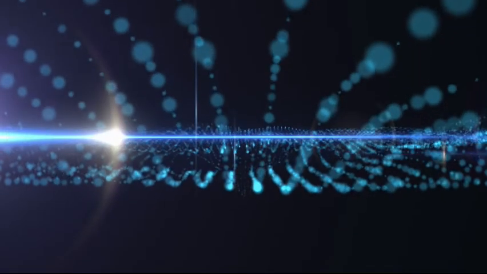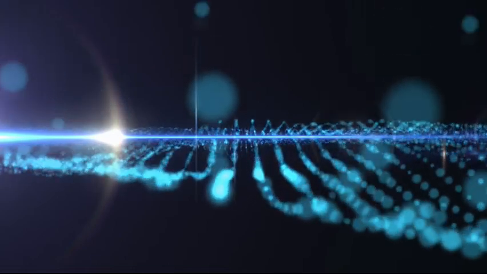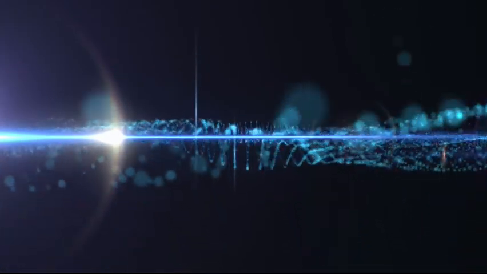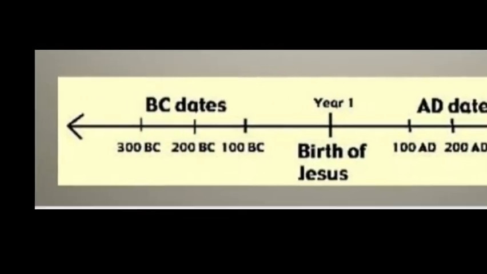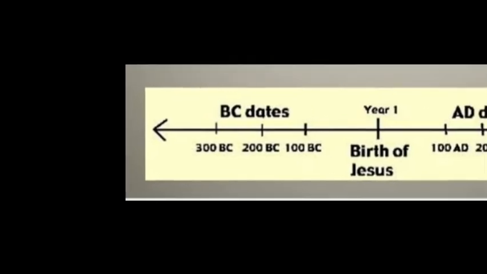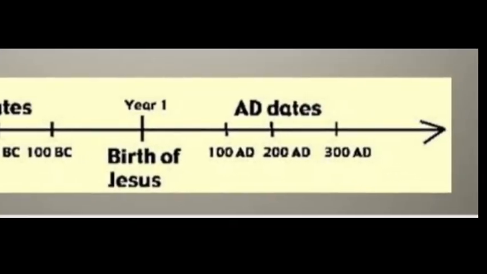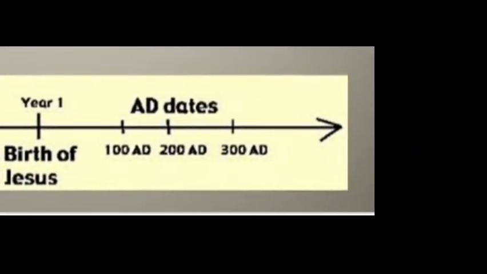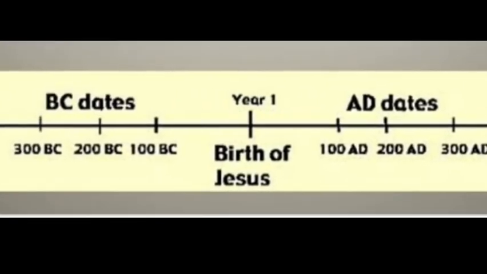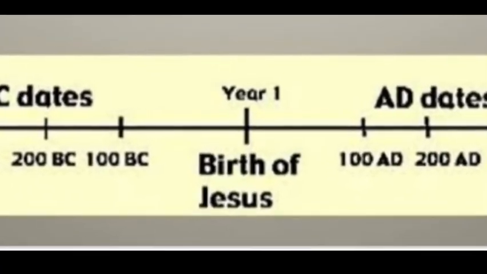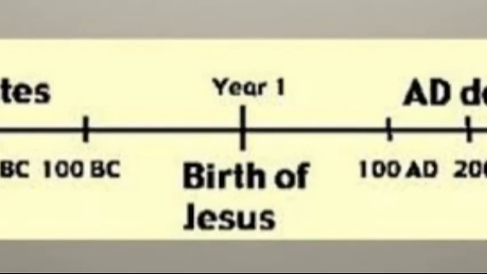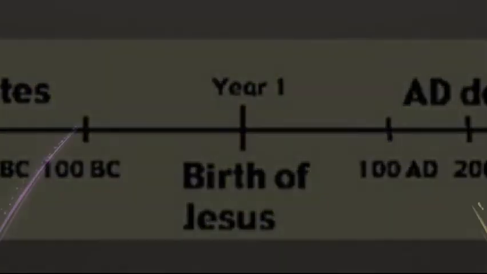One thing, students, that you have to keep in your mind always, is that whenever you are counting years on a timeline, BC should always be written on the left side, AD should always be written on the right side, and in the middle there will be 0, which will be the year of Jesus Christ's birth. Hope you understood well.